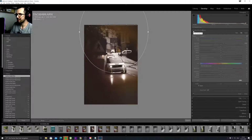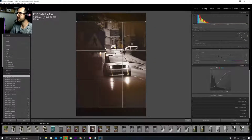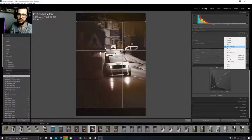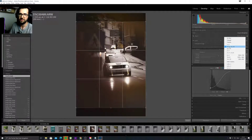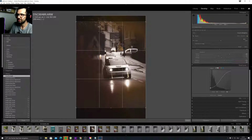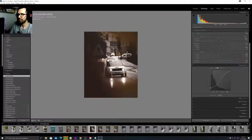So what I can do too for this shot is coming in here, and now I'm cropping it just for Instagram. Instagram is always 4:5. So if you crop your image and you wanna say, hey, I wanna upload this to the gram, just come in here to your cropping tool and check 4:5. And that's the right Instagram size. So there is nothing else to do. If you upload it, just zoom out and it's the perfect size, if you don't know that. And yeah, with this one,